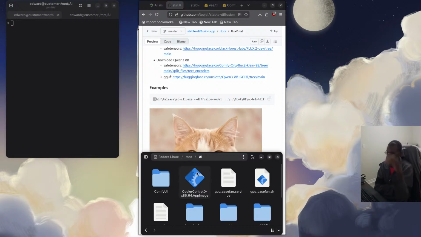I control the RPMs for the fan cooling. So I use this application. It's called Cooler Control D for Damien. It's an app image, and I also have a systemd service. I do not trust this, even though I created it myself. The reason for this is because when I'm running AI, I notice the temperature jumps up really, really fast. So I don't want to damage the GPU and my system or burn down this cottage as well. So I'm okay just